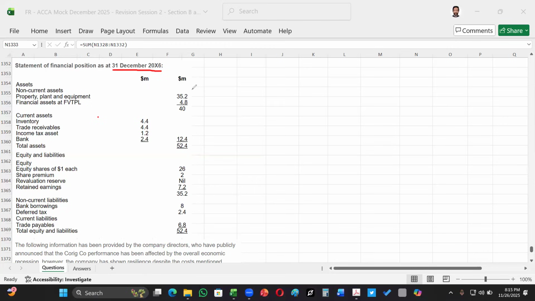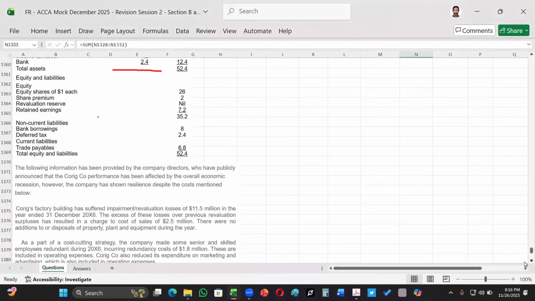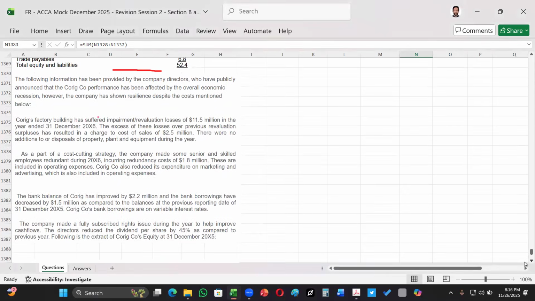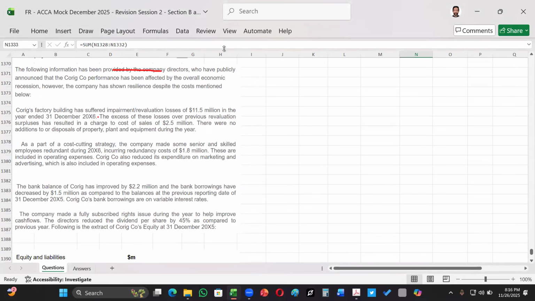Okay, so we cannot say anything about these figures because they are only for the current year. They are not for the previous year, like the statement of profit and loss. So we cannot really compare right now. Let's see what information is available to us so that we could get a better idea. Here we go. Let's see what the situation is, because as we have seen, things seem to be going in a downward direction.